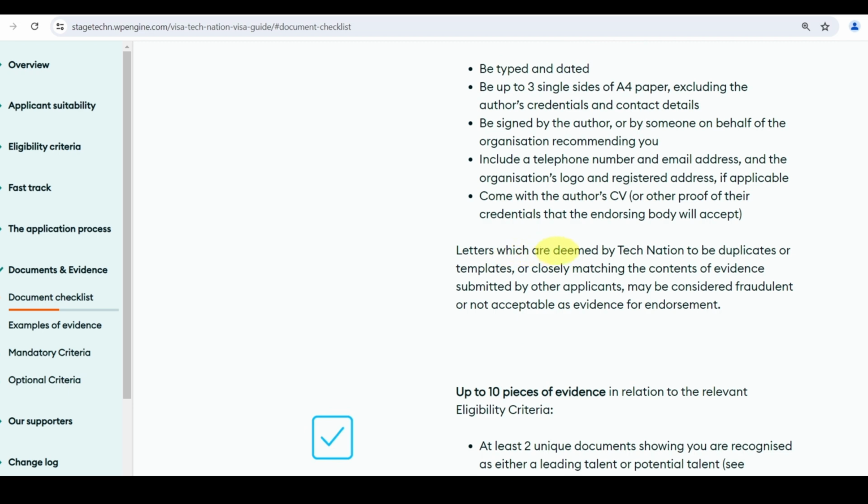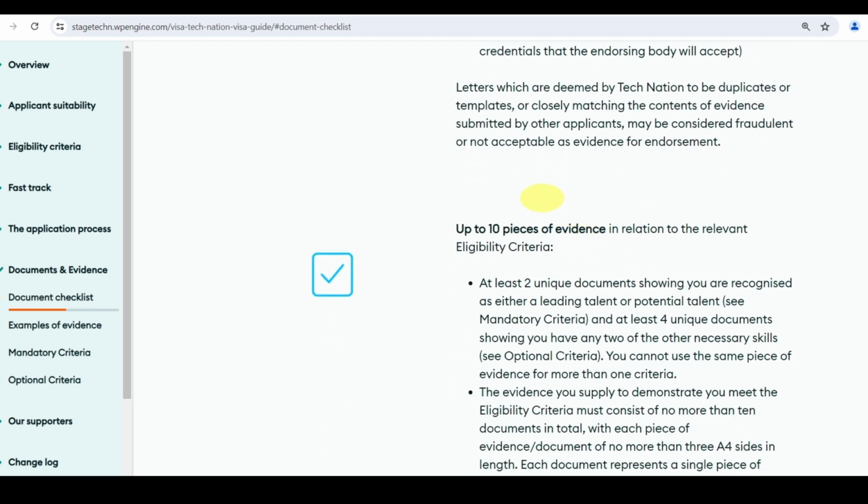Letters which are deemed by Tech Nation to be duplicates or templates, or closely match the content of evidence submitted by other applicants, may be considered fraudulent. So for example, if someone has already submitted, you should not copy that same letter for the same purpose.